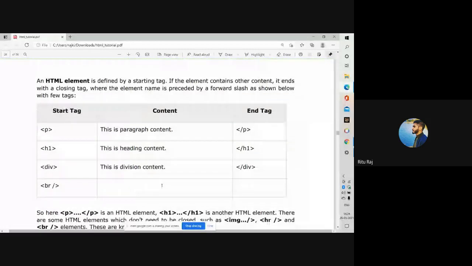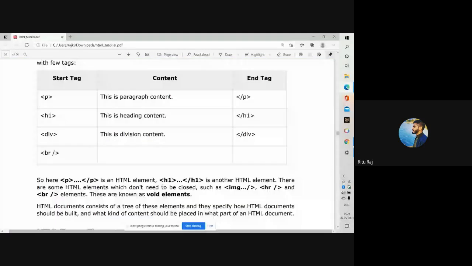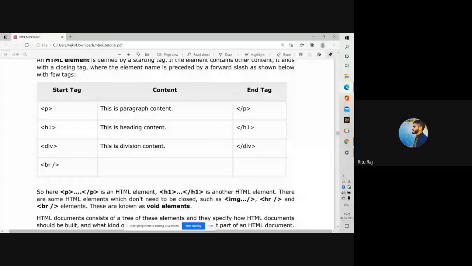So here the paragraph tag is an HTML element, and heading is another HTML element. Some HTML elements don't need to be closed, such as the image tag, HR tag, and BR tag. These are known as void elements.